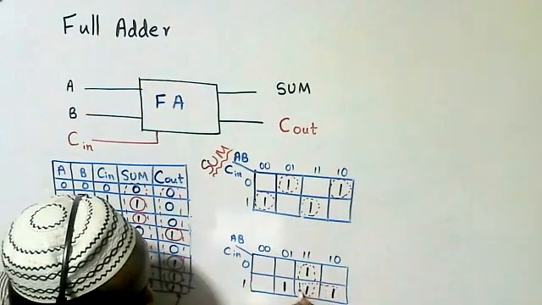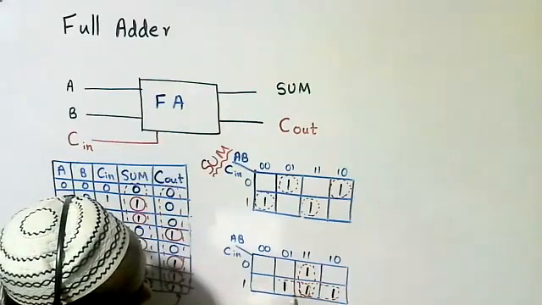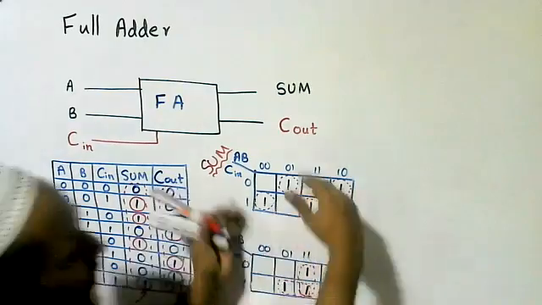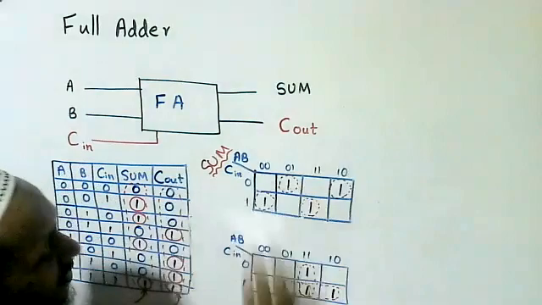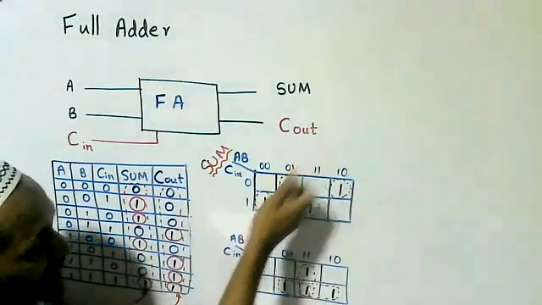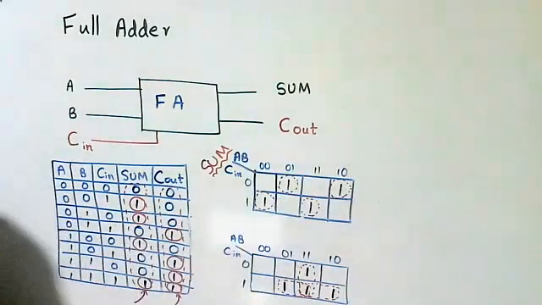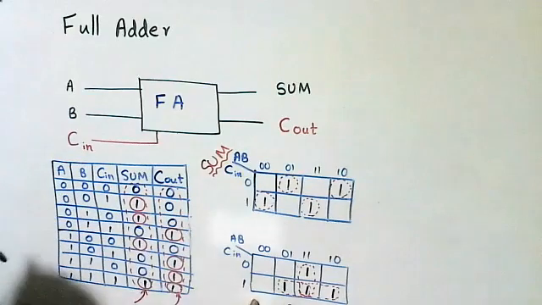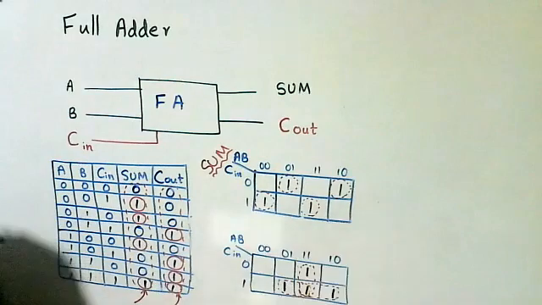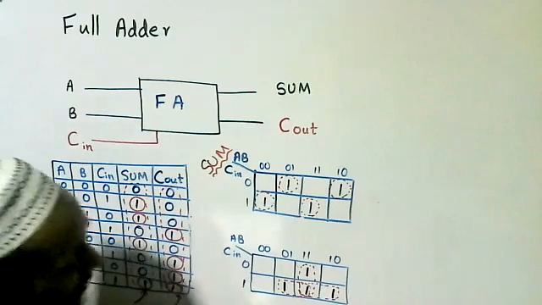And these two ones and these two ones. As you said, this is wrapped around, so we can group this one and this one. But here this is a special situation. That means all the ones come in a diagonal way. Very special situation. I'll explain it. Before that, we know how to group and how to take the simplified expression. Now I'm going to take the simplified expression by using this.